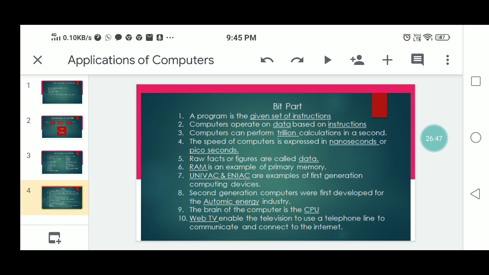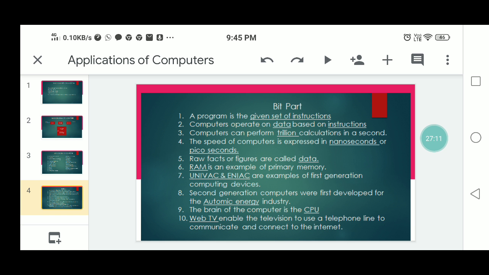Trillion calculations. The speed of computers is expressed in which seconds? Nanoseconds or picoseconds. Raw facts are known as what? That is data. RAM is the example of which one? RAM is the example of primary memory.